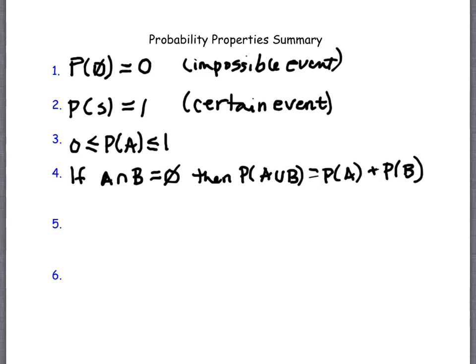We talked about this when we were talking about rolling, and I don't remember specifically our numbers, but let's say we were rolling the die. So what's the probability of rolling an even? Well, we could find the probability of rolling a 2, the probability of rolling a 4, and the probability of rolling a 6. And we could add those individual probabilities together, and that would be the same thing as adding all the evens together and then writing that over 6. They're equivalent expressions for the same thing. Because you can't roll both a 2 and a 4 at the same time. Those are mutually exclusive events. We've talked about that last time as well. They have nothing in common. Can't both happen at the same time.